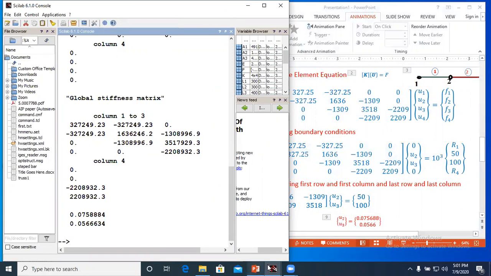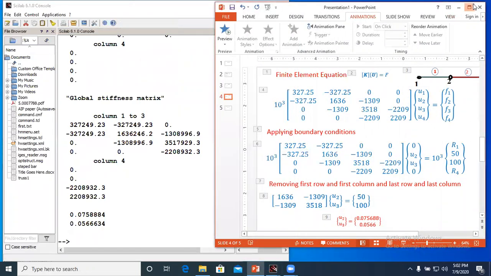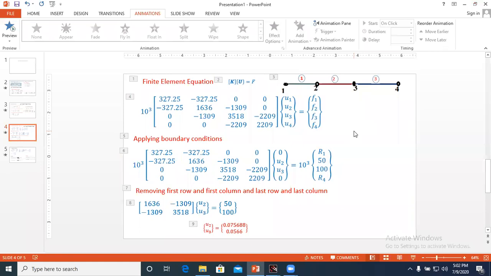Now after calculation of the displacement, what you have to do is calculate the support reactions. For calculation of the support reactions, again you use this equation, that is your finite element equation, and you put U2 and U3 in this equation. By putting U2 and U3, you solve equation number 1 and equation number 4.